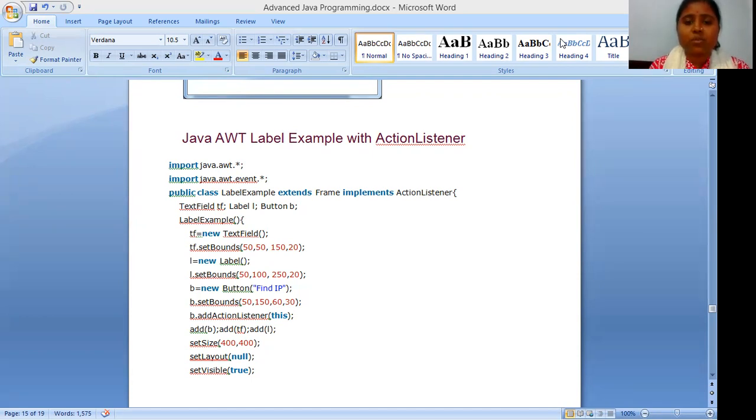Okay, so in our earlier class, I have discussed how to create a label using the Label class. So in this session, how we use ActionListener with the Label class. Okay, so let's see the example. First of all, in this example,